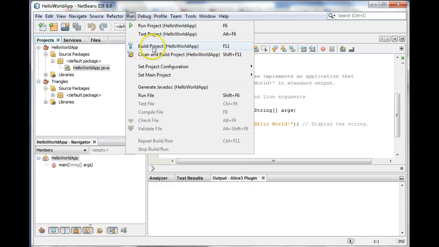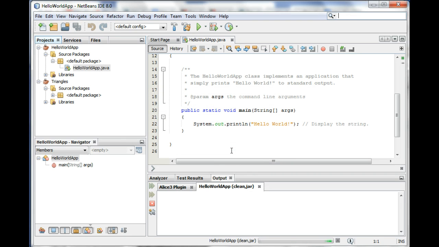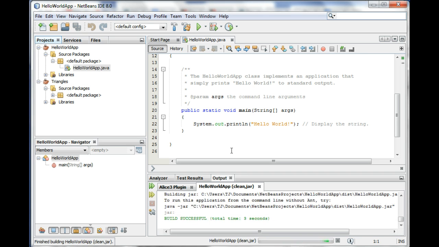So what build project does, if I click on build project here, it says the project source files are compiled automatically when you save them. You do not need to build the project. If you need to rebuild the project's jar file, and we'll talk about that in a second, use clean and build to disable the automatic compiling feature and activate the build. So we'll just do a clean and build. What the heck? And then I'll explain to you a little bit about what that is doing. Okay. So let's look at the